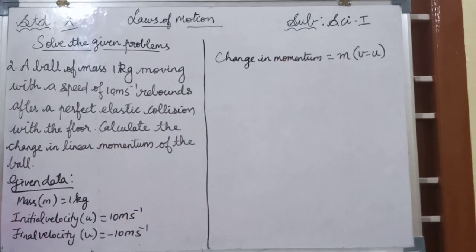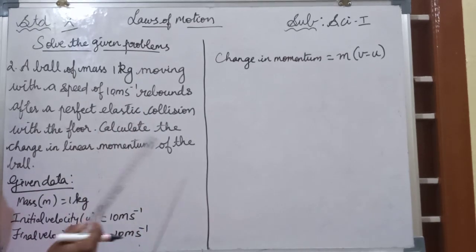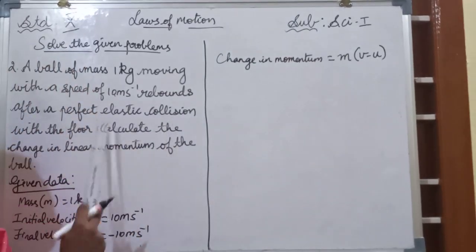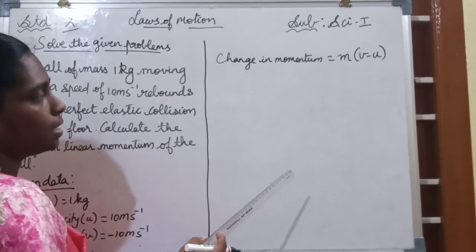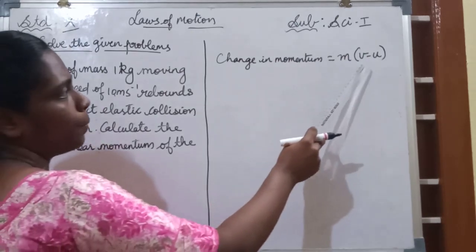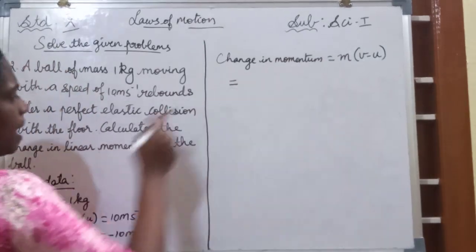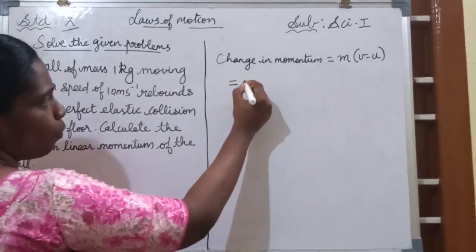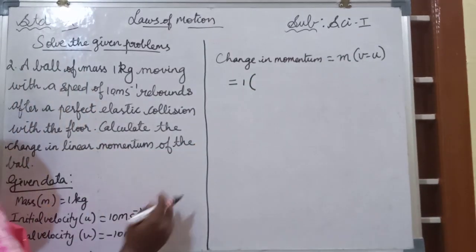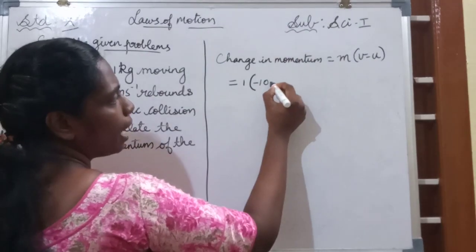See, actually there won't be any change in the mass. Obviously in velocity also there won't be any change in this case, but in some other cases there will be some change in the velocity. So that's why we are representing initial and final. Now what is my mass? Which is 1 kg, so 1 I am writing here. And what is v? Minus 10. Already in the formula we have minus.